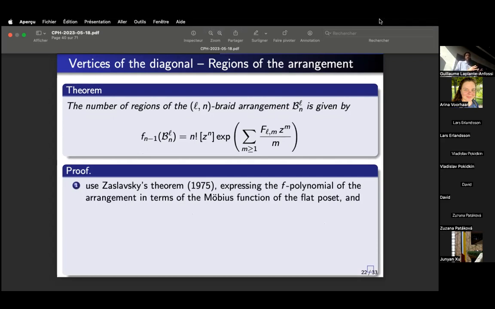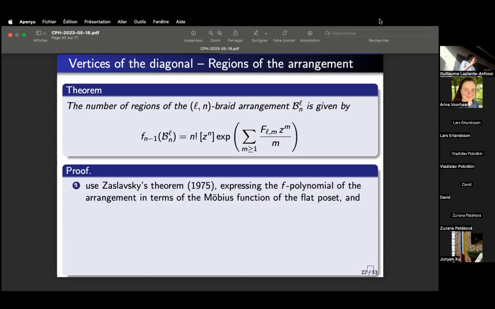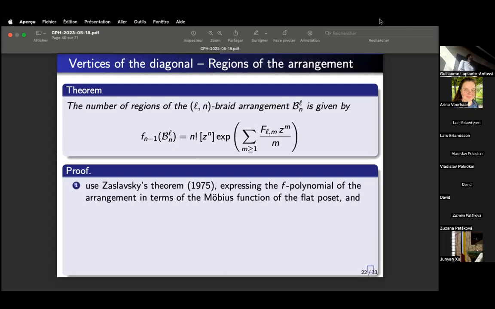the fundamental idea is to use Zaslavsky's theorem. So Zaslavsky, it's a very classical theorem for arrangements of hyperplanes. It's one of the shortest PhD theses I've read in my life. He did this at MIT, and it's basically doing inclusion-exclusion. So you have a hyperplane arrangement, and you want to count the